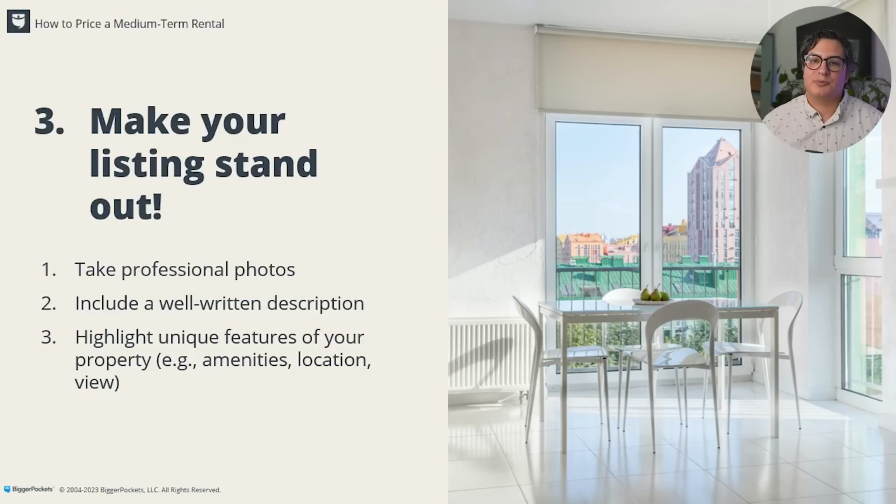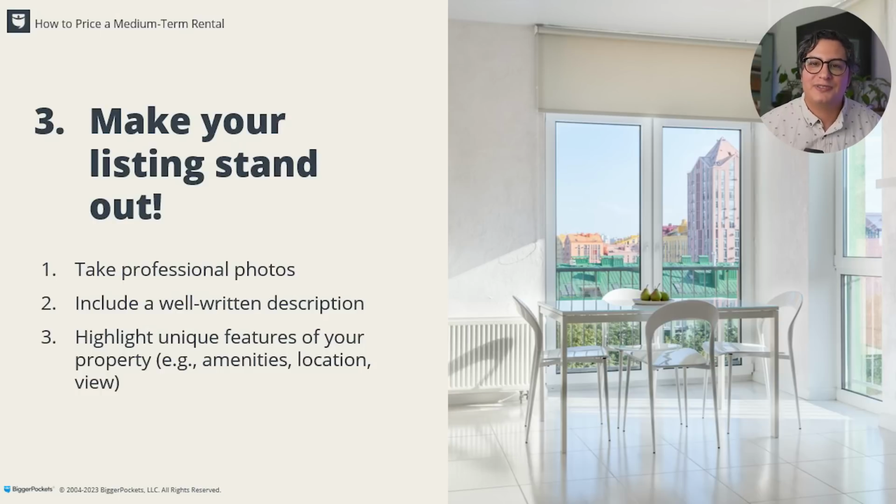Include a well-written description. We have this beautiful thing right now with AI, right? ChatGPT can help you build a credible description. I've used it. Many people in this space are using it. So with ChatGPT, their information is not always 100% accurate. So you want to make sure to copy and paste some information that will work, but obviously put your own little flair and spin to your listing.